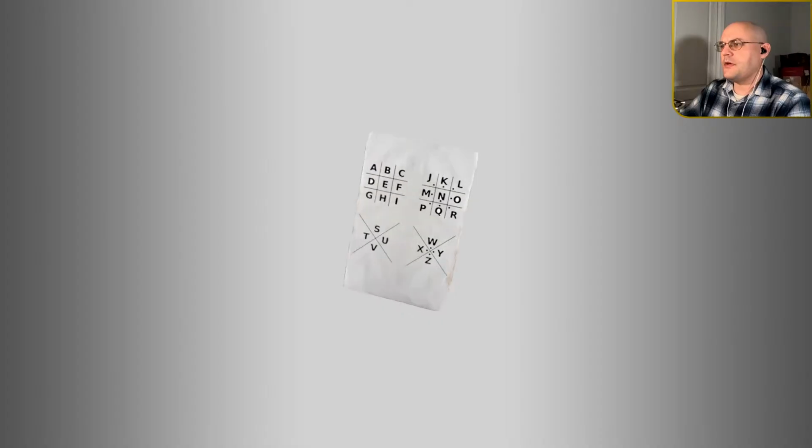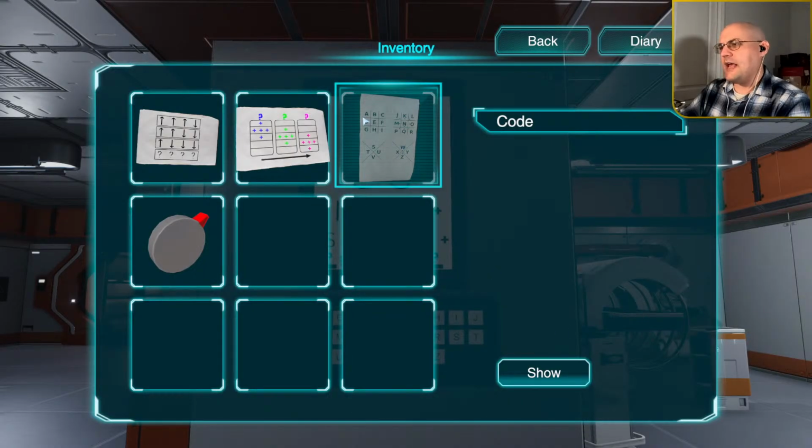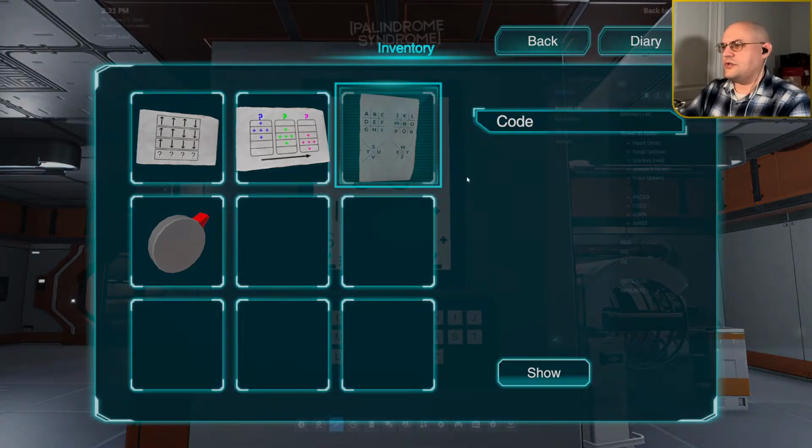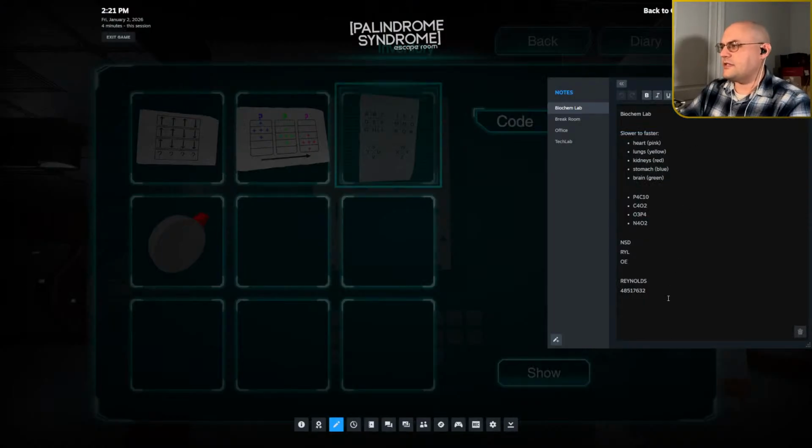Which doesn't mean a whole lot to me. Okay. So maybe we do it 1, 2, 3. Where's my cursor? I don't have a cursor. So starting with A and coming down, maybe we do 1, 2, 3, 4, 5, 6, 7, 8, 9, because that's how the other keypads we've seen were. And then we can do the same for J through R. And then we can associate these four with the four sides of this. And then S would just follow the same thing. So if we roll with that,